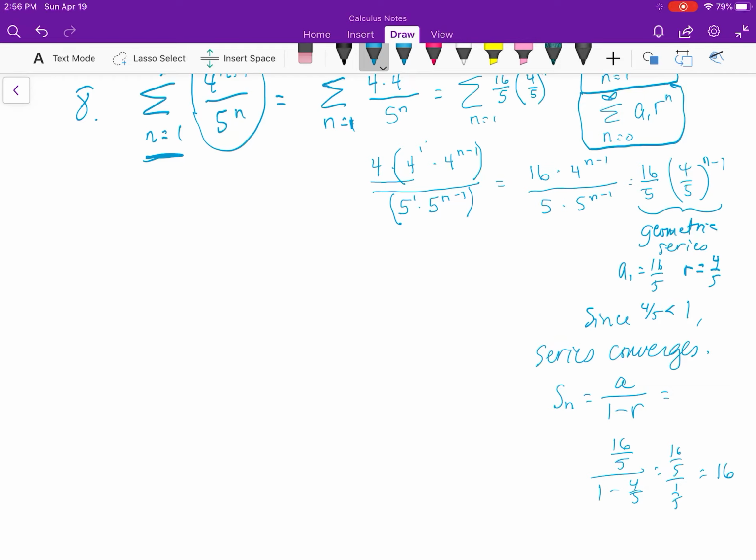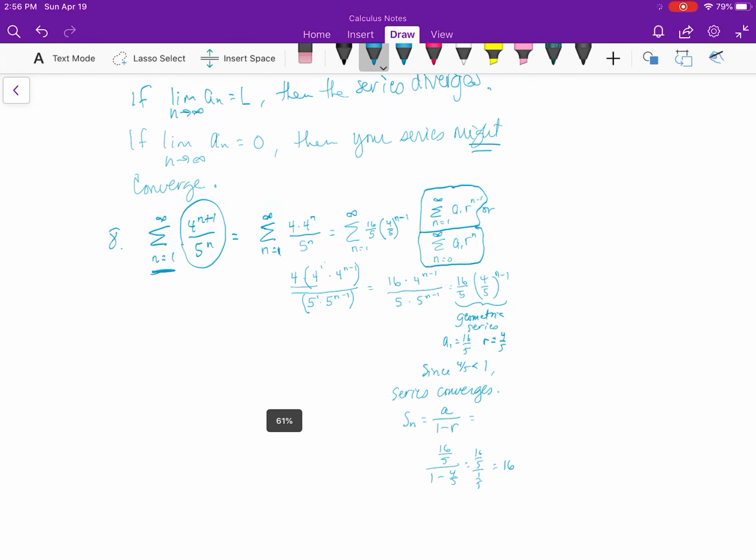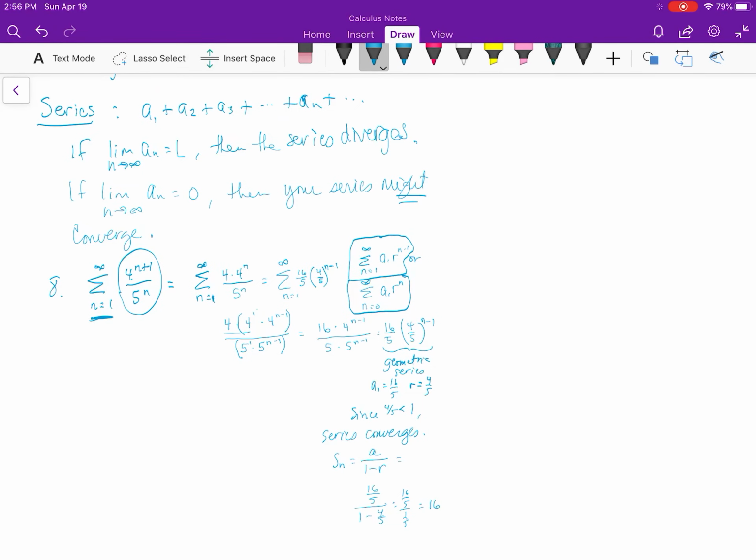It still equaled the same thing. We just manipulated it a little bit, and we were able to see what our a sub 1 was and what our r was, and then we knew we had a geometric series. So that is just kind of an idea of what's going on with